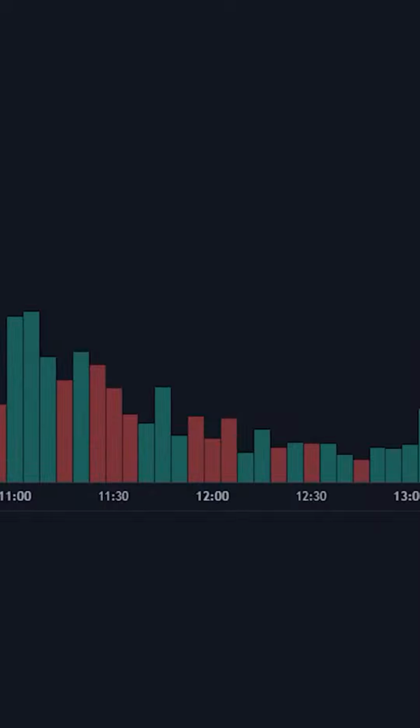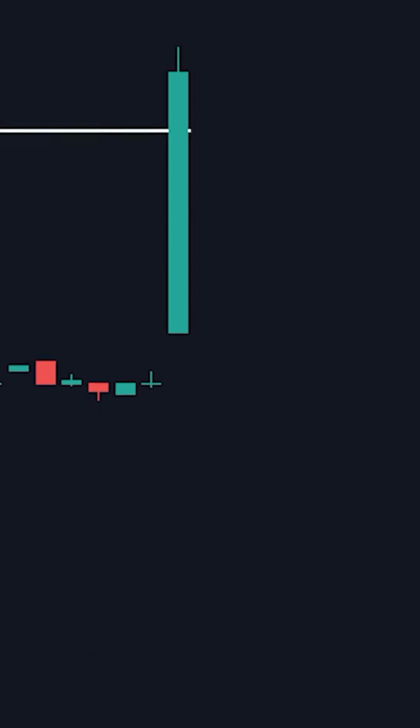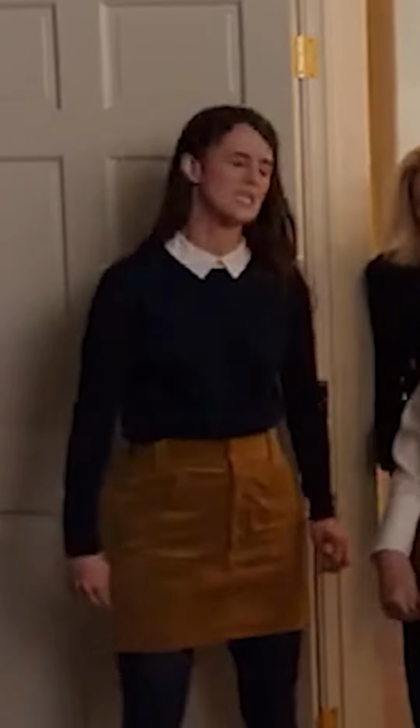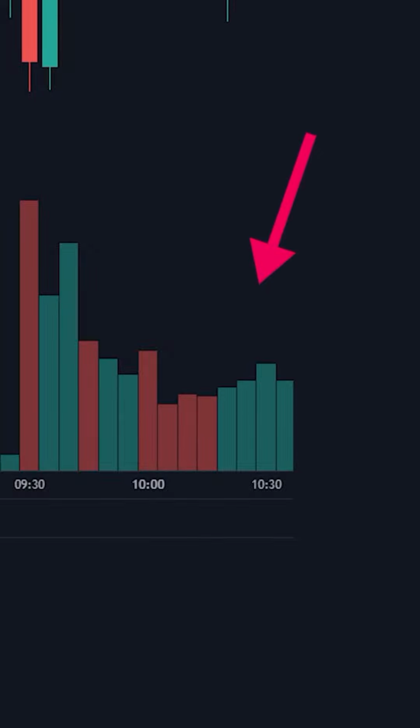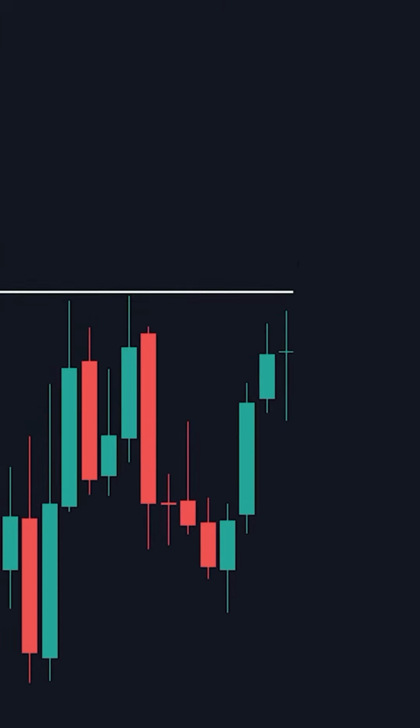Here's why you need to be using volume when trading. So in an example like this, the price breaks through this resistance, but since it has little to no volume, it was a false breakout and fell. Oh, not again. Whenever there is high amounts of volume during a breakout, price more often than not will succeed